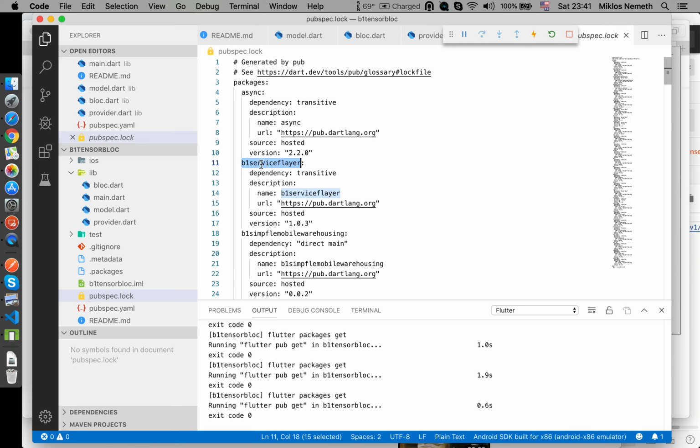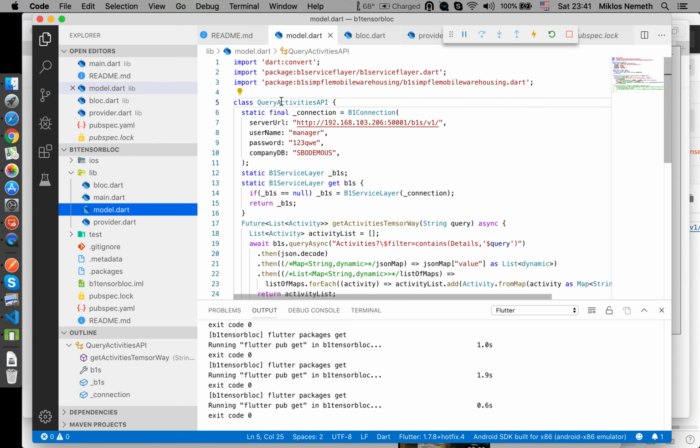Actually, this is what I used in the application. In the model, that was the first. Here are more or less copied everything which was initialized or requested by the tutorial video, except of course the details of my